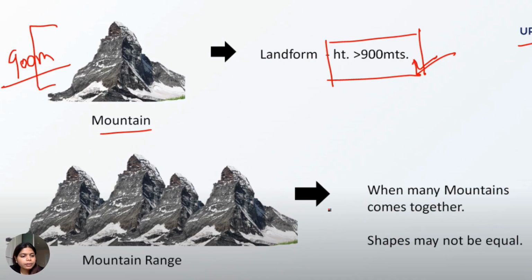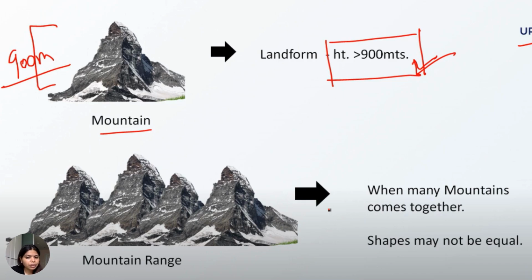Okay. Now we talked about the difference between a mountain and a mountain range. So a mountain is a singular mountain, but when there are more than one mountains combined together, guys, it is called a mountain range. Okay. Now, what is a mountain? How do we classify it from a hill? So any type of rock formation which is of a height of more than 900 meters is considered